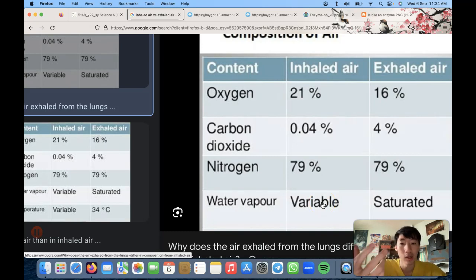Okay, so let's say in the jungle, there's a bit more water vapor in the air, but in the desert it's very dry. There's not much water vapor in the air. But let's say for most of the time, there's less water vapor in the inhaled air, and there's going to be more water vapor in the exhaled air. The word saturated means that there's more of it. Why is that the case? Because in our lungs, there's actually a thin layer of water. And when we breathe out, this water vapor evaporates and it goes out in our exhaled air. Like if you go to a cold country, you can actually see the water vapor in your exhaled air.